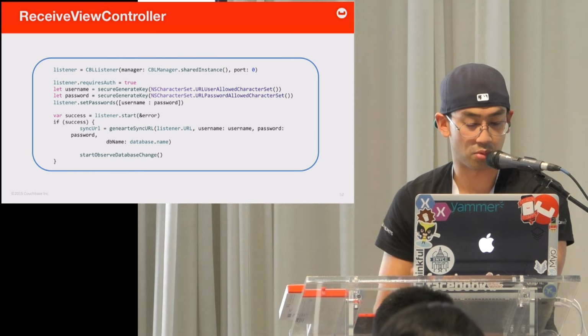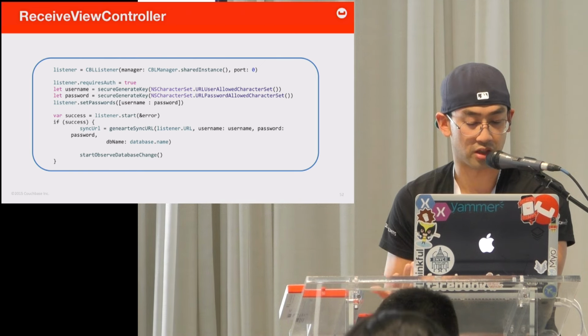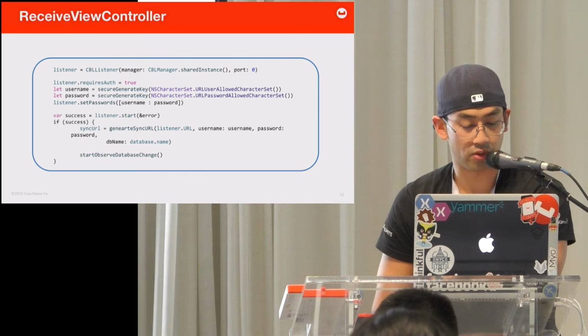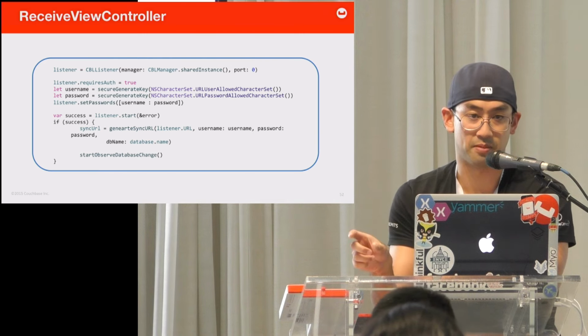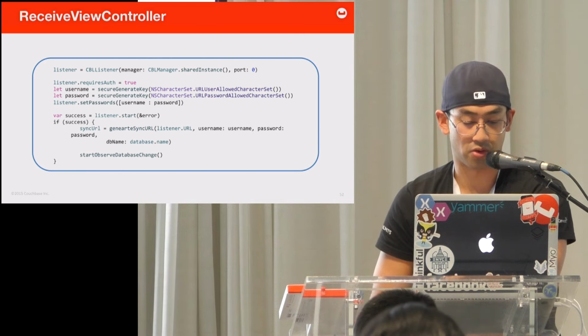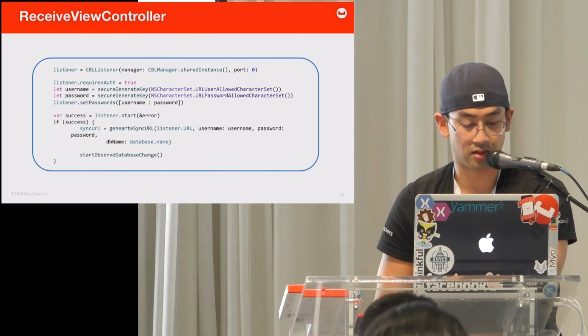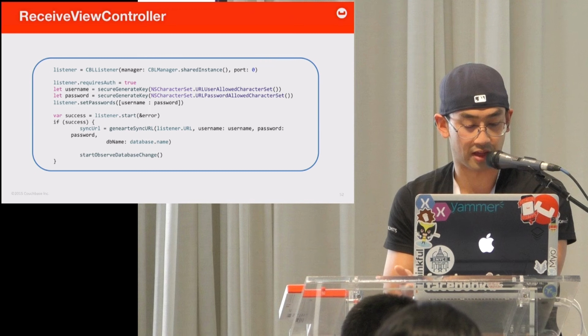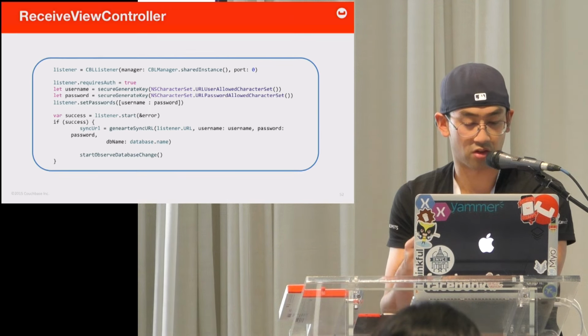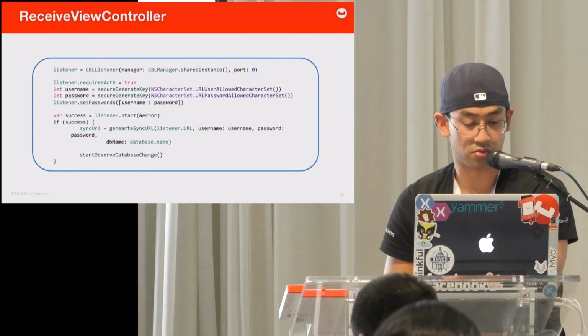And so this means that every time we want to share photos, the port will be changing every time. Then we enable the authentication. The authentication is a digest and supported by Couchbase Lite Listener. So in the Couchbase Lite library, there's a listener component or object you can basically reference. And after that, we have the username and password. We set the username and password for authentication, and after that, we basically can start the listener. So if successful, start that listener.